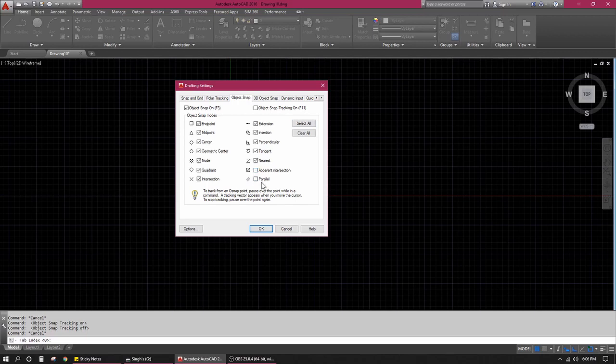Like you don't need parallel lines a lot of times, you don't need tangents, extension lines, insertion a lot of times, or quadrant for that matter, but let's keep it because it is useful in a circle format. Geometric center, yes. Midpoints, endpoints, yes. Nodes, yes. Intersection, probably not so much, so I'll just disable it. The nearest tab, yes, you need it. Perpendicular, not so much. Alright, so that is that.